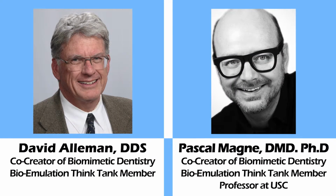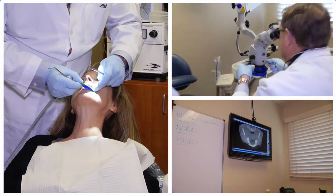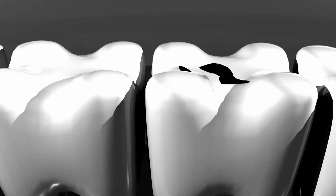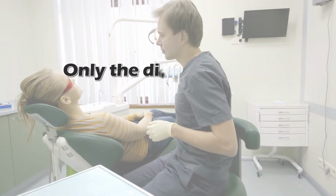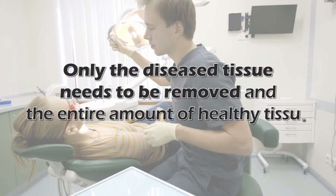Dr. Alleman and Dr. Pascal Magnier worked tirelessly for over a decade, researching, developing, and perfecting the techniques that would eventually become biomimetic dentistry. Biomimetic dentistry is a way of thinking that is completely different from the traditional way of thinking. It means also a deep love for intact tooth structure. It's about prepping less the teeth, being more selective in what we remove from the teeth. The dream is that only the diseased tissue needs to be removed and the entire amount of healthy tissue be